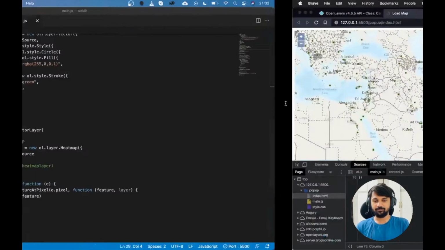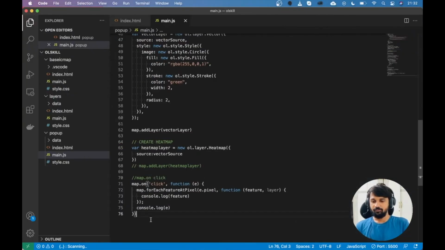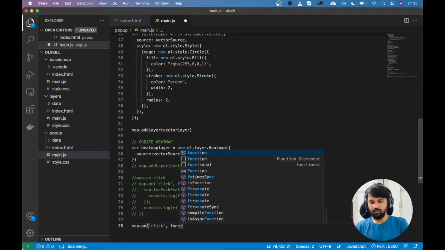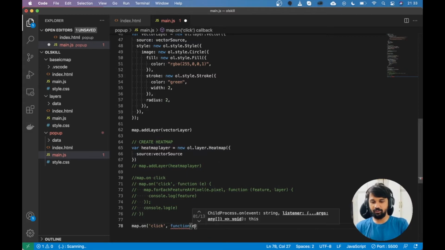Okay, now I will pause this for a minute and I will create a new map.onClick, inside which again I will use the event available to us.